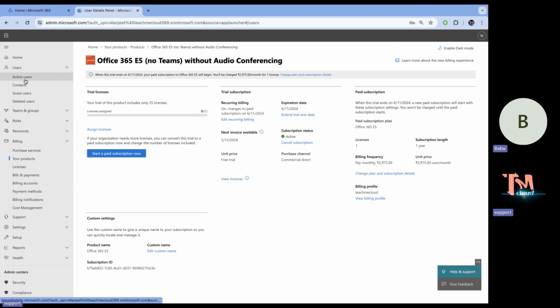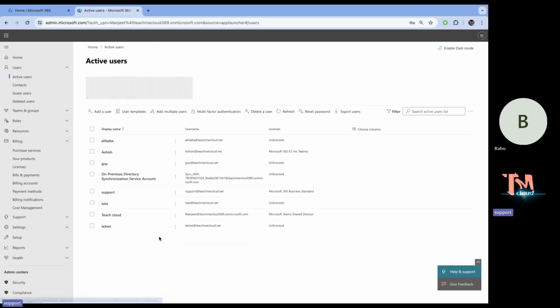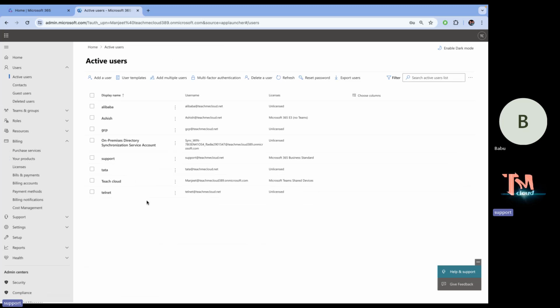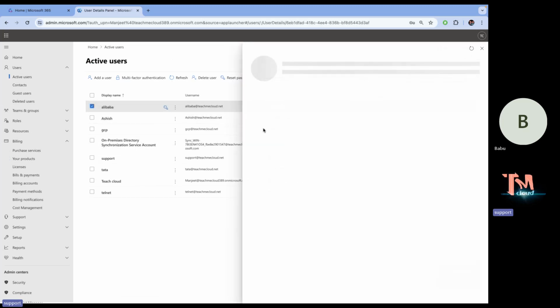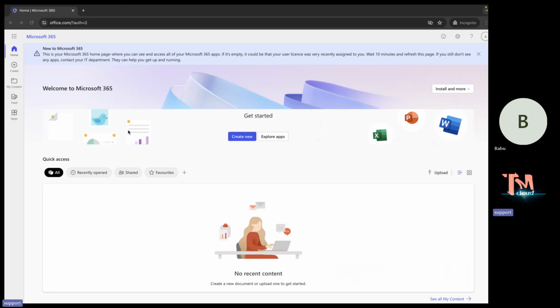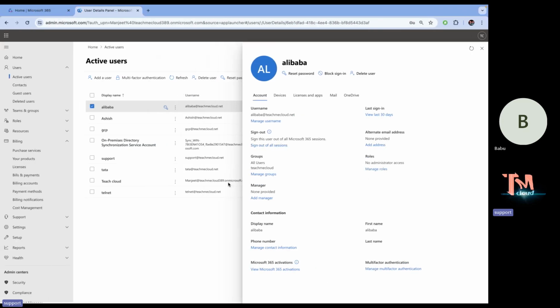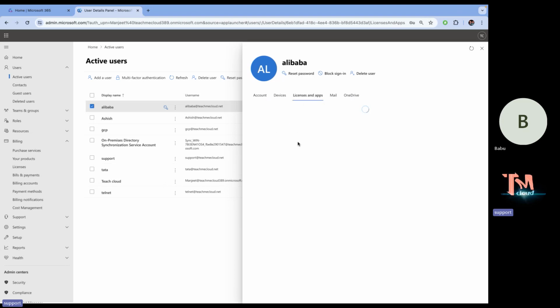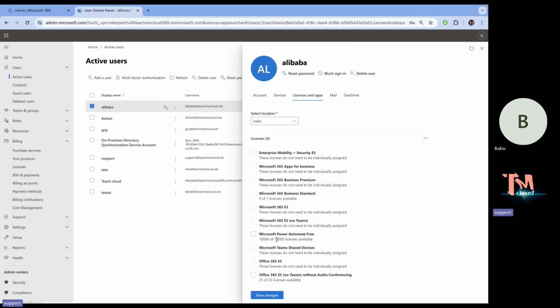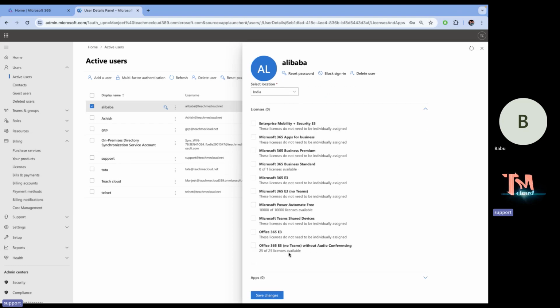Okay, back to the user's properties. I'm going to assign the license to our new user that we just created, Alibaba, because we are unable to find any application. So it's mandatory to assign one license to our 365 user. Go to Licenses and apps, and there we just activated one license, Office 365, I think the E5 license. See the last one. Total 25 licenses are available in this particular